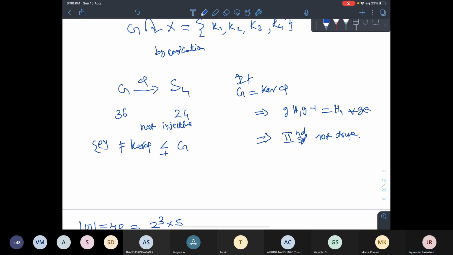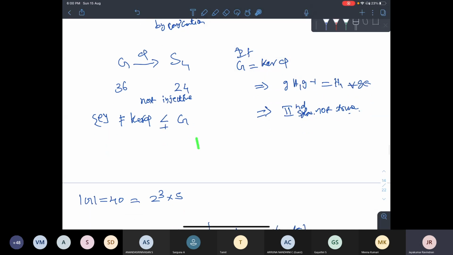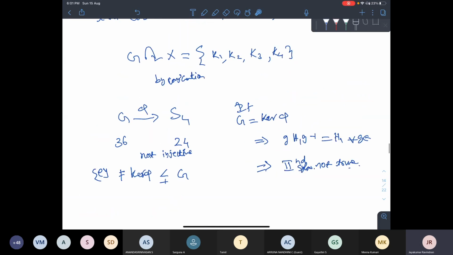Okay. The third Sylow theorem says that if n_p is the number of conjugacy classes, n_p is the number of p-Sylow subgroups, then n_p is congruent to 1 mod p. It satisfies this condition and one more condition: it divides m, the remaining part. Okay, so using that, we are having this.